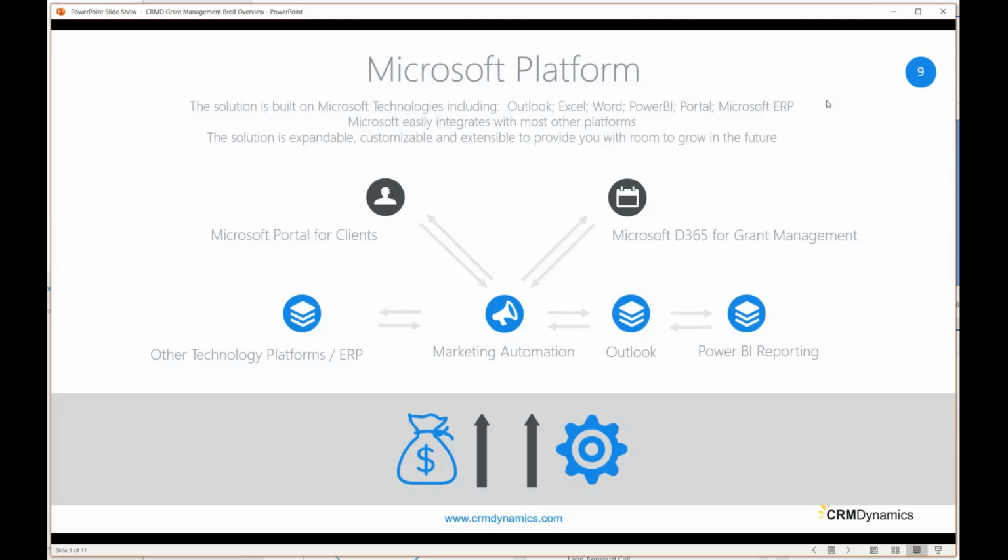All right, so our solution is based on the Microsoft platform. So the benefit to you is that this whole solution is cloud-based and from one vendor, Microsoft. So we have everything from the portal that integrates to the CRM system, the marketing automation, your integration to Outlook, your Power BI reporting, and your financial integration or financial reporting, all using the Microsoft Cloud. So that keeps your costs low. You don't have to worry about any server or infrastructure,